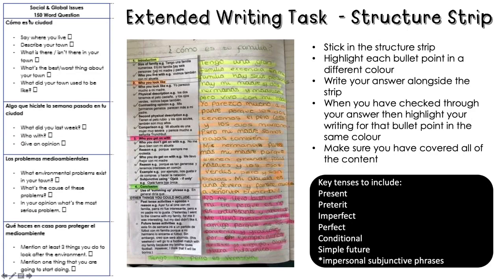And you are going to write about these elements here. So first, ¿cómo es tu ciudad? What is your city like? And you have to mention these things. It's a bit blurry, so I'm going to read that out loud. So mention where you live. Obviously, that doesn't have to be true. Just make it up. So for example, I live in the south of London.